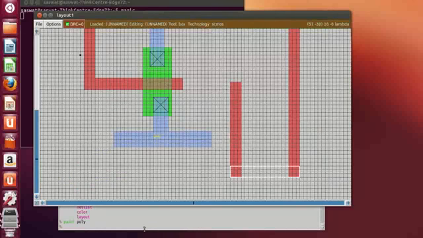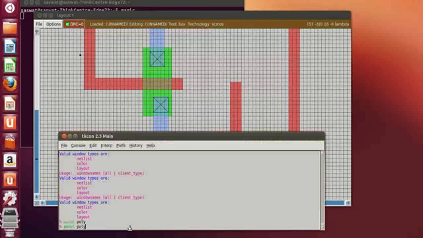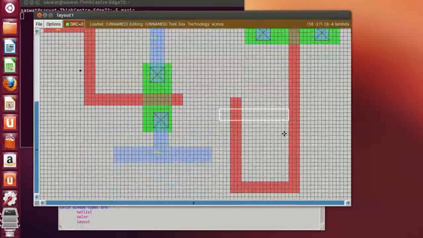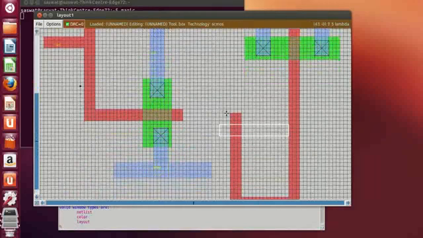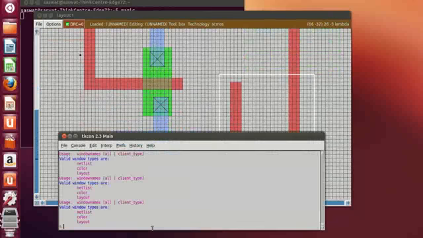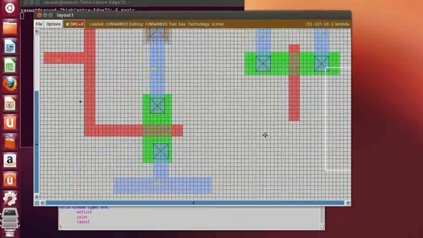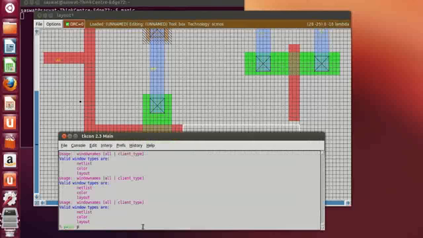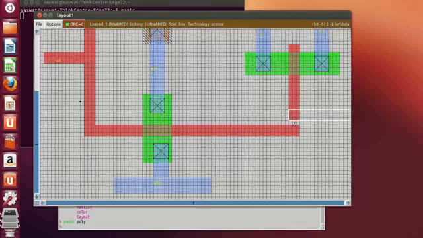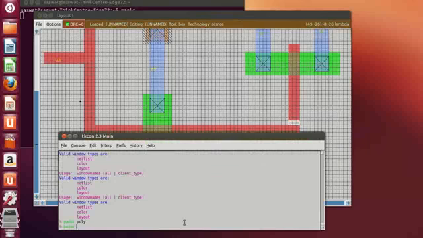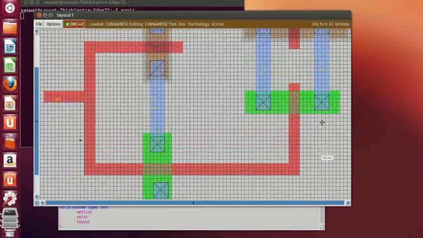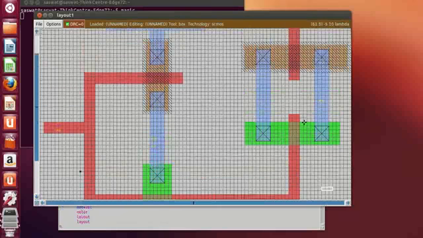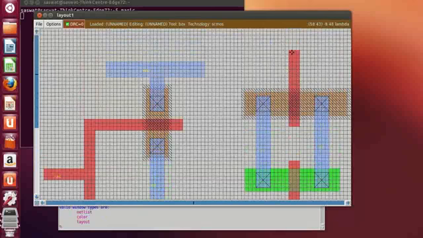Now paint poly. Basically we are trying to connect. Okay, so we didn't need so much extension. Erase. So this is connected to this. You select input. So directly from here, you can connect, paint poly, paint poly. So now select is connected over here, and the select bar is connected to